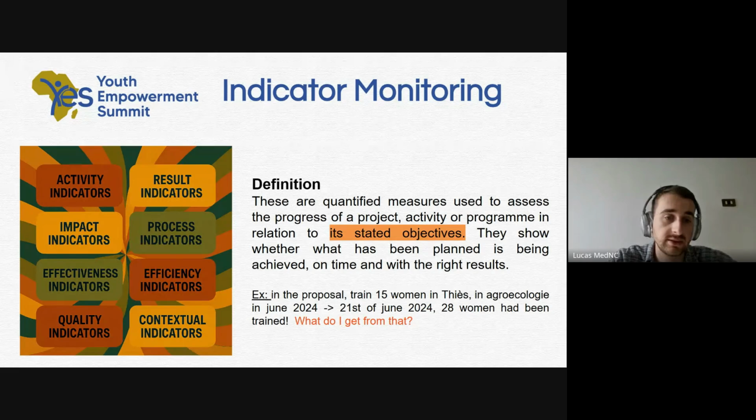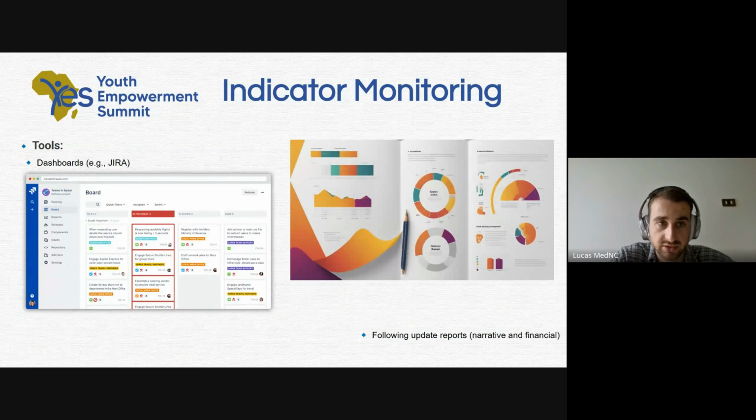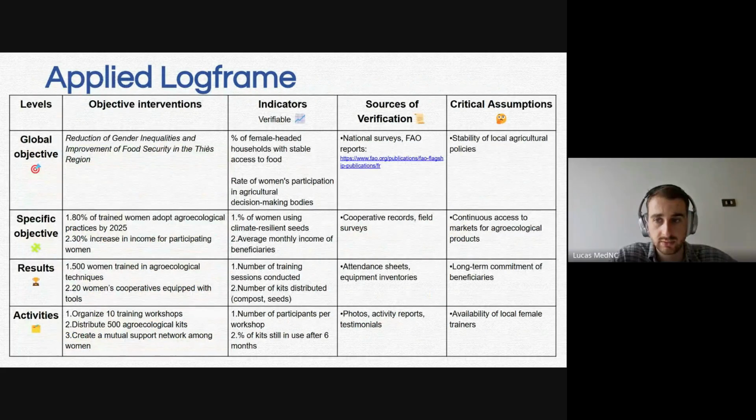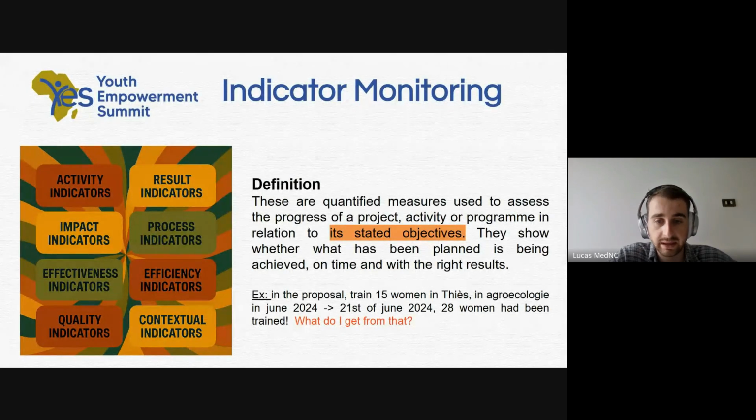So yeah, that's the indicator. What you also have to keep from that slide is that results and activity indicators will be more on a short-term level, as we saw with this, and the impact indicators will be more on the long term.